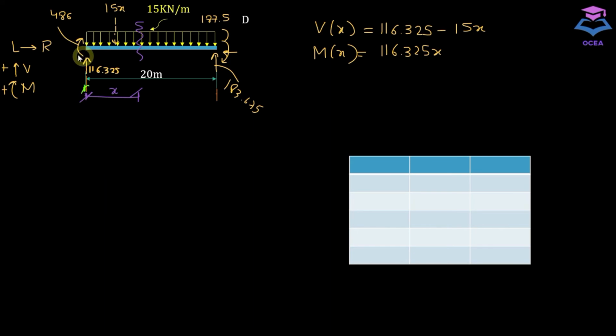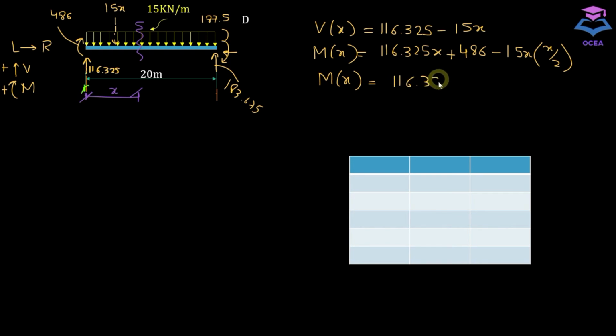Similarly, this is a moment we don't need to multiply with a perpendicular arm. It is acting in the clockwise direction, so it is going to be positive. And we have this 15x which is producing a counterclockwise moment about this section, so it is going to be negative, and it has a perpendicular arm of x by 2. So if we simplify this equation,